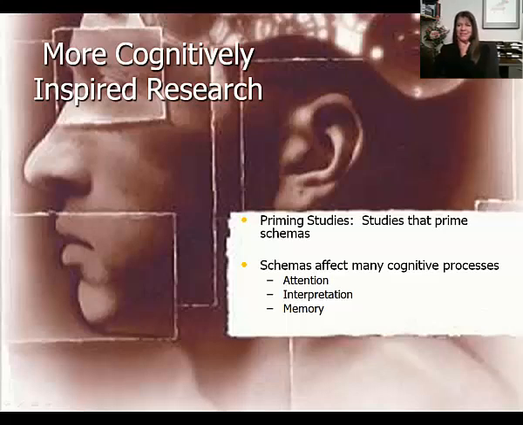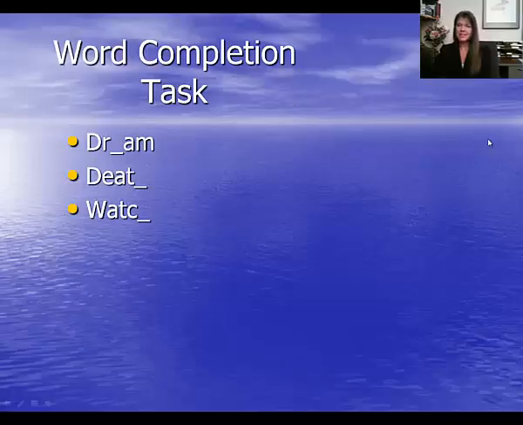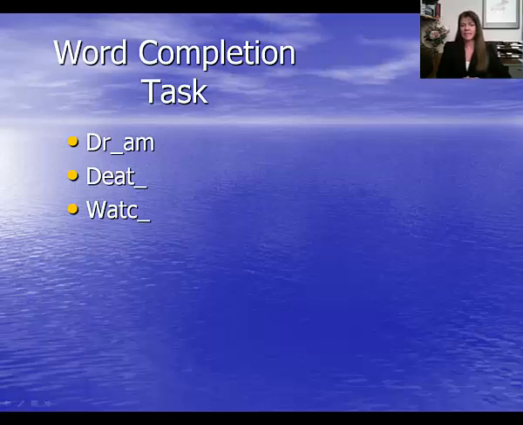So the example I'm going to give you is a really cool study that was done. Participants, remember the first task is to prime them with something. Participants were divided randomly into two groups. And the first group got this word completion task. And we wanted it to be very, very simple. And you also want to make sure that everybody gets the right answer. So with each of these, we gave them a cue before they answered it. And the first one was, what do you do at night? Hopefully you said dream, right?